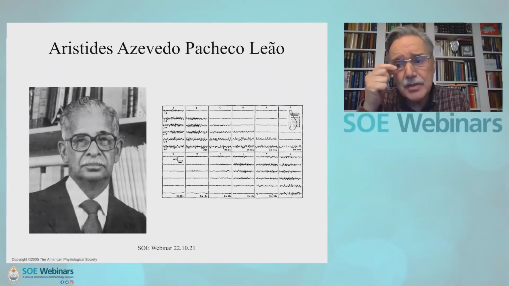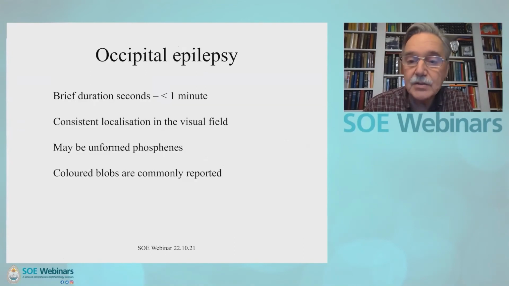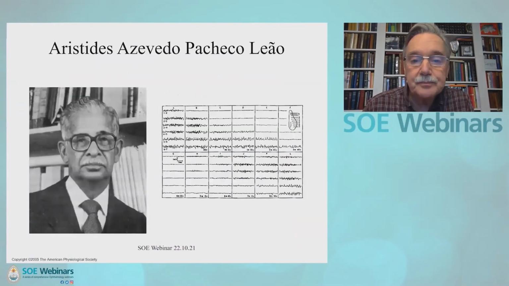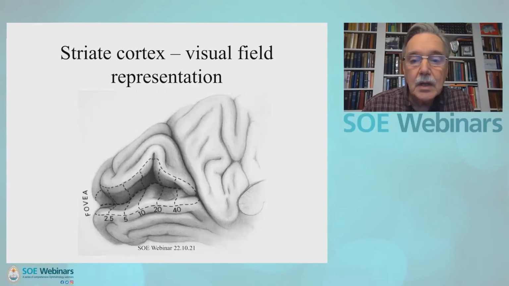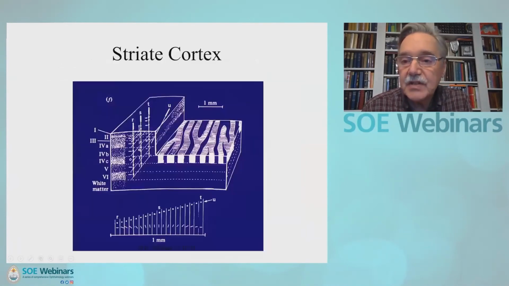abnormal electrical disturbance in cortex, which is known as the spreading depression of Leão, a Brazilian physiologist who first described this. What he was describing as depression was the electrical silence that follows the activity, and that fits with, if we go back to the drawing here, you can see this is a blind area. This is a scotoma following on from the leading edge of the zigzags, and that fits very well with the